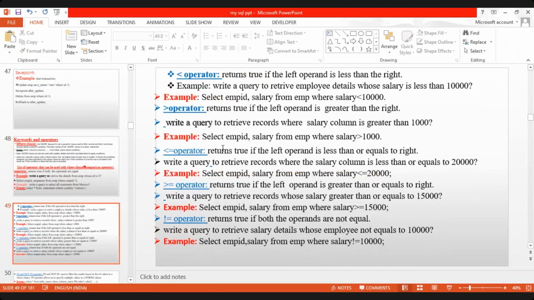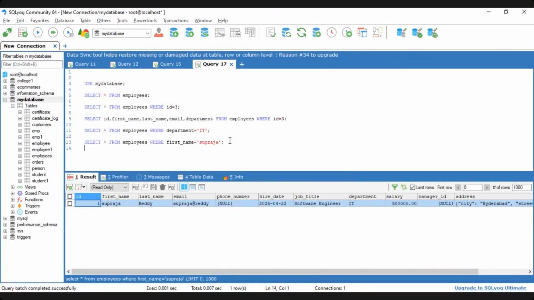So next one, less than operator. If the left operand is less than the right, it will return true. So here we have one example. Write a query to retrieve the employee details whose salary is less than 1,000. So I'm retrieving the details of the employees whose salary is less than whatever you have specified. It will display according to that condition. Select star from employees where salary